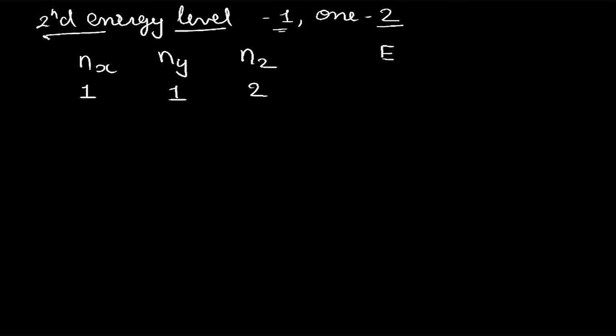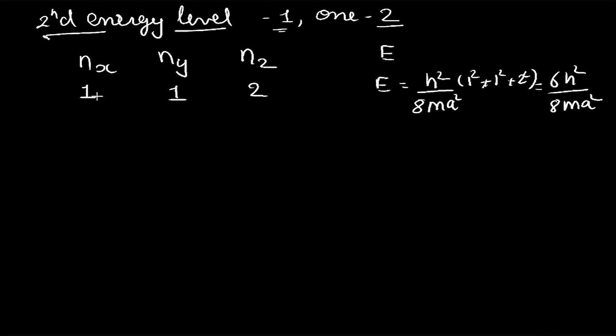So the energy of the system will be h square upon 8m a square times 1 square plus 1 square plus 2 square, so 1 plus 1 plus 4 is 6, and this will be 6h square upon